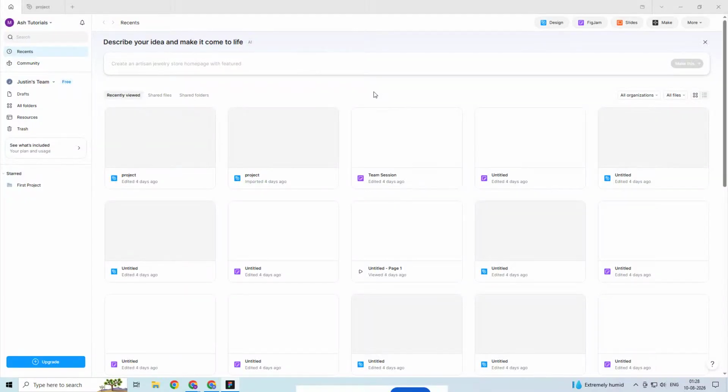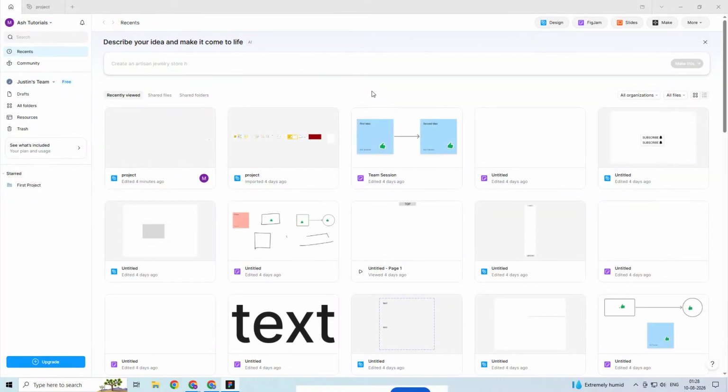If you're seeing a Figma plugin error, don't worry, because in this video, I'm going to show you a simple step-by-step way to fix it fast. This is one of those issues that can happen because of a temporary app glitch, a corrupted cache, a browser problem, or even a network restriction. So instead of guessing, we're going to troubleshoot it the right way and narrow down the cause one step at